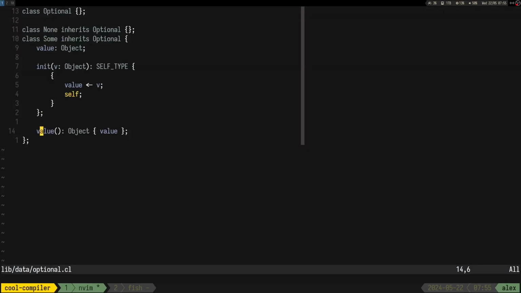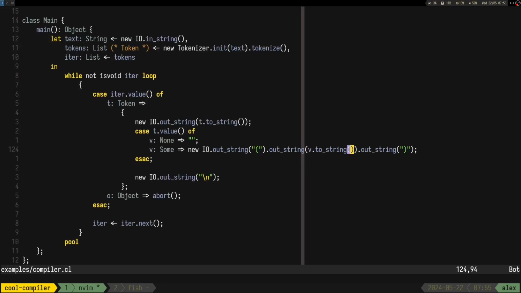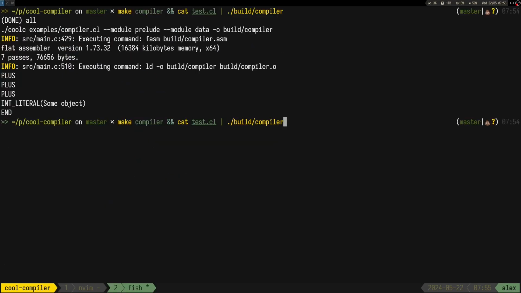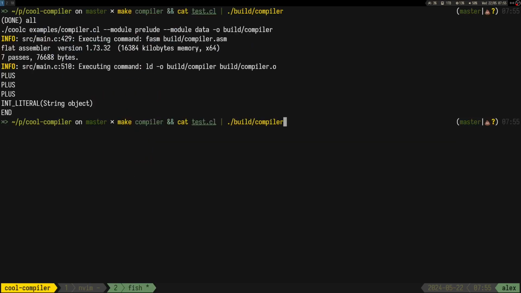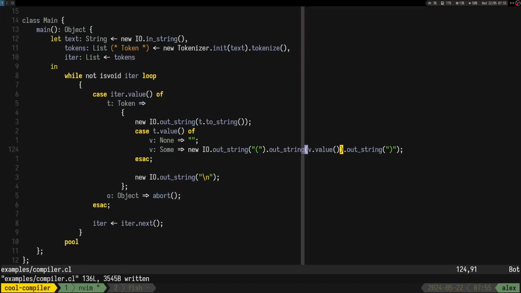So we could call value on it, or what? Or we could say v.value. So that's just the optional string object. That makes sense. But it won't work if I do this.